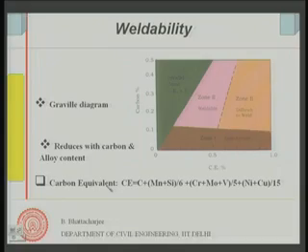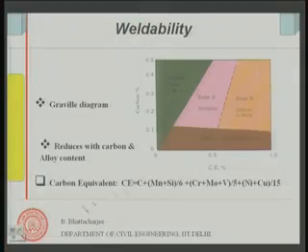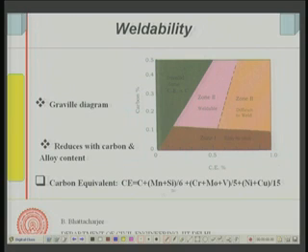The more alloying element I add into the iron, weldability reduces, and we have something called carbon equivalent, which is plotted on this direction. Carbon equivalent is defined as C plus manganese plus silicon divided by 6, chromium, molybdenum, vanadium divided by 5, and nickel and copper divided by 15. So, this is your carbon equivalent and this side is your carbon.